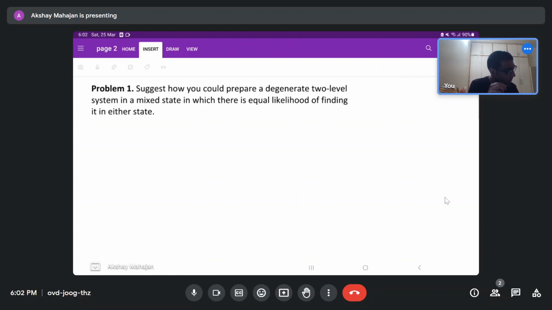Now we know that to prepare this, if we don't provide any perturbation to our system, as you studied from time dependent perturbation theory, then the